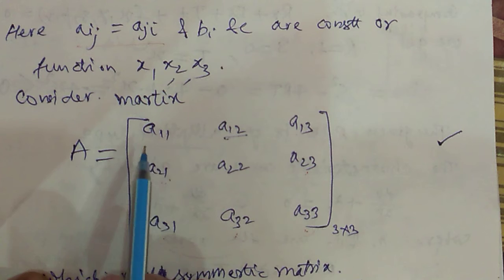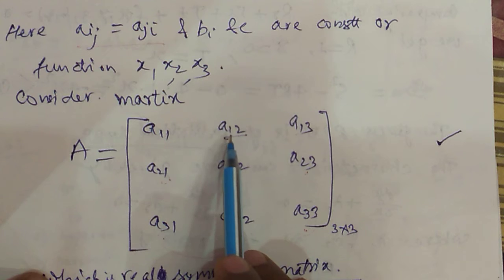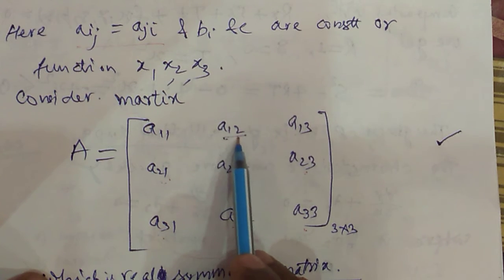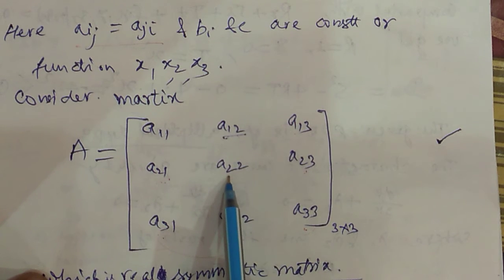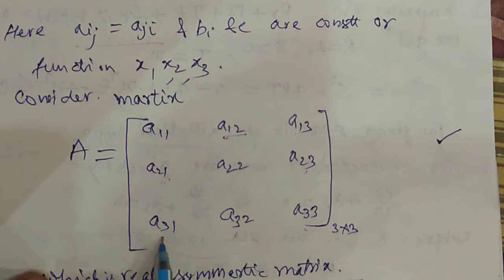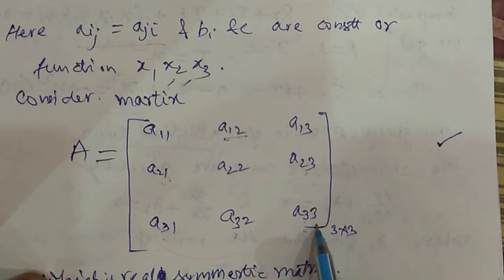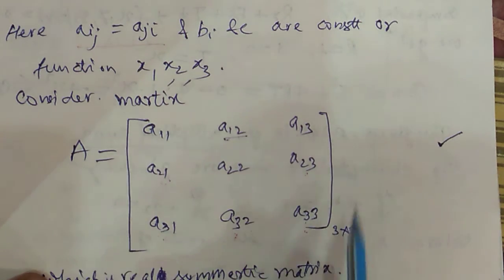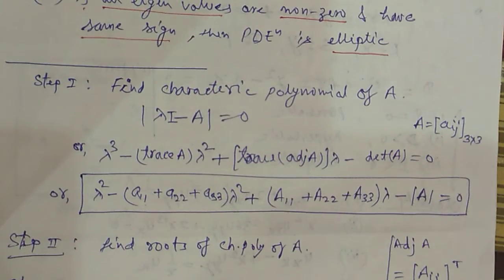Here similarly, the coefficient of the second order derivative with respect to x1 x1, here with respect to x1 x2, here with respect to x1 x3, here with respect to x2 x1, here x2 x2, here with respect to x2 and x3, here with respect to x3 and x1, here x3 and x2, here x3 and x3. So we can write it in a symmetrical way, with some simplification to form the matrix A. Now we classify this partial differential equation.